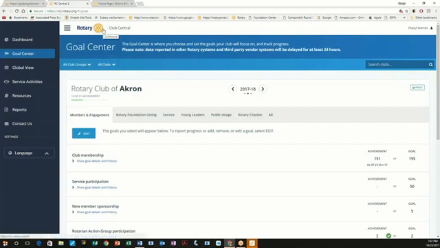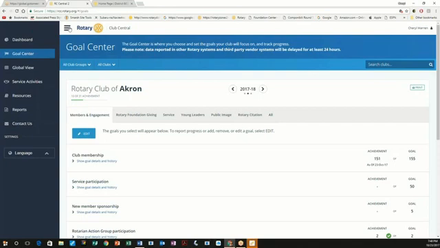It's also visible by people at the district level who may have some interest in the goals. They really aren't going to be in there editing for you, but they can at least see you've overachieved something. And maybe that could, I don't know, garner an award at an event in the future. I can't promise that. I don't work in the district.